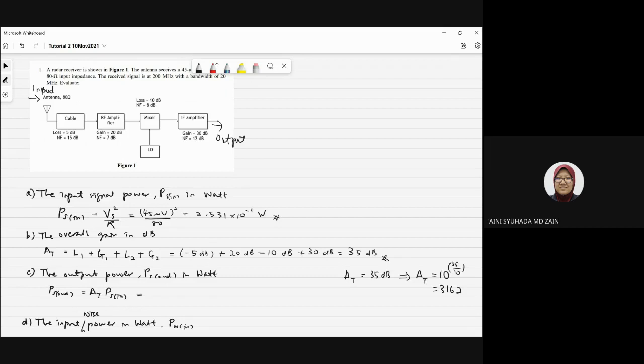So you can use this: 3162.3, the overall gain in the absolute value. Then use that value